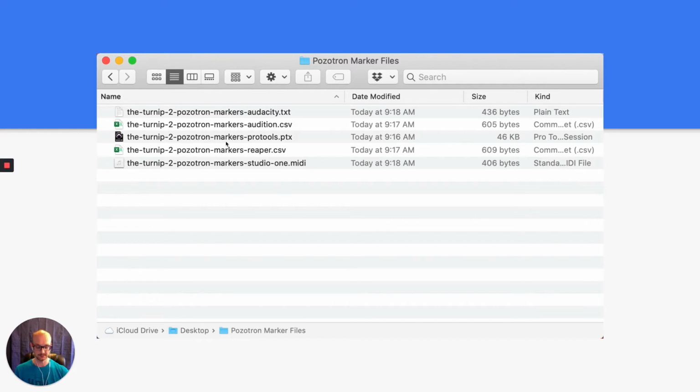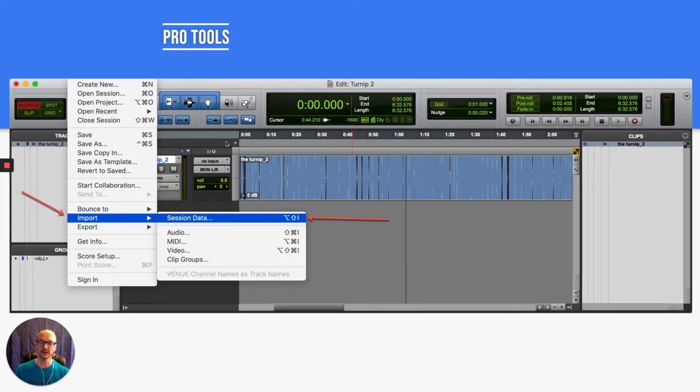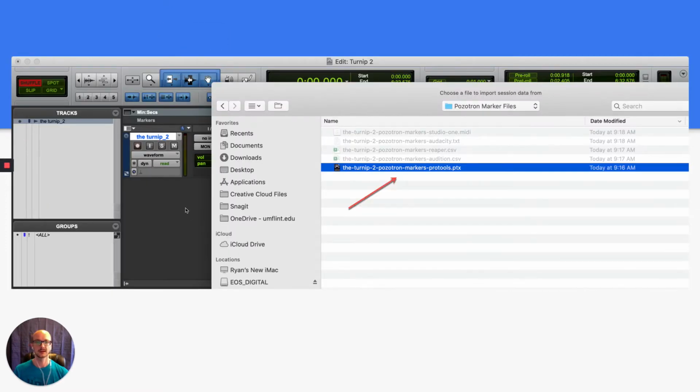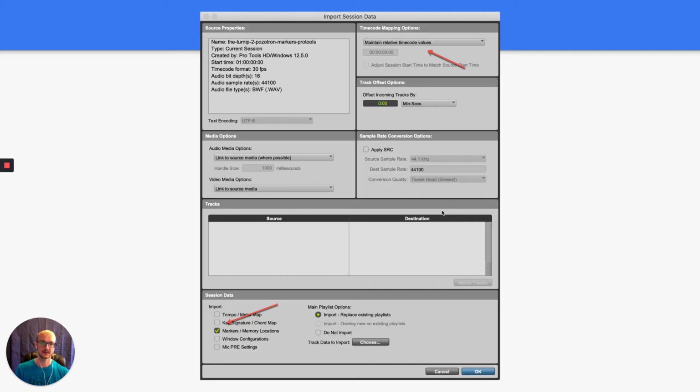to import them. In Pro Tools, you're going to import the PTX as session data. Make sure that you switch this to maintain relative timecode values at the top and check the markers and memory locations. And when you hit the OK button, all of the markers from that Pozotron session will now be in